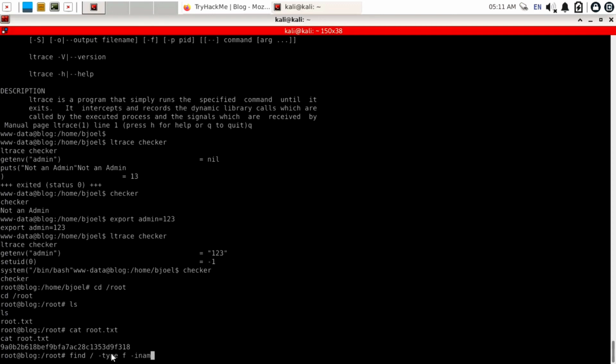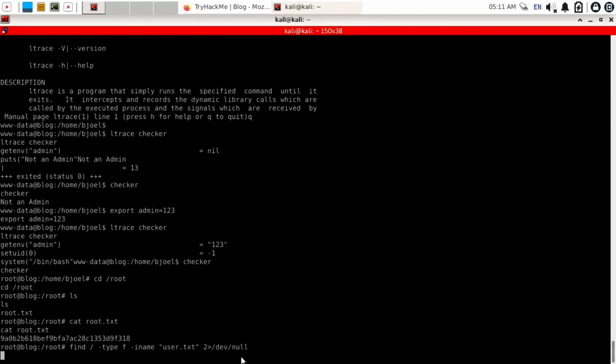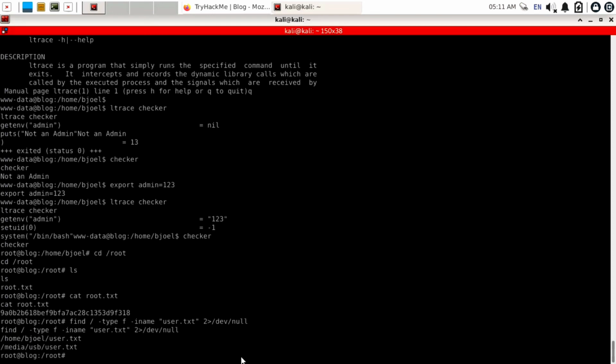Thereafter we need to find the file user.txt. For that we will use -iname, and the iname will be user.txt. Enter user.txt in double quotes. Now use 2>/dev/null. This command will find the user.txt file in the parent directory. Simply hit enter after this. You can see there are a total of two files.